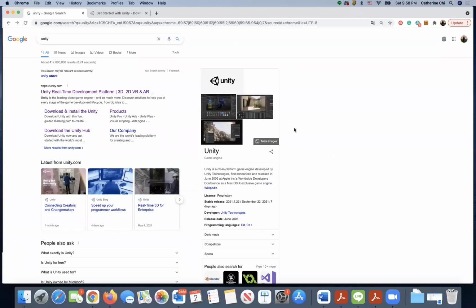Hey, hello everyone. In this video, I'm going to show you real quick how to install Unity on your computer. You can get started by searching Unity in Google, and the first result should be on their website. Unity is completely free for personal use, and you can download the program by starting with downloading a Unity